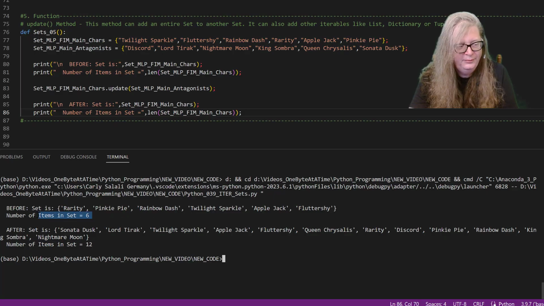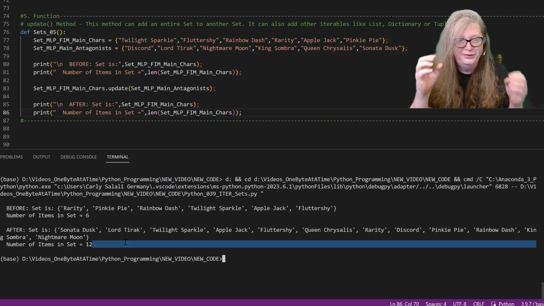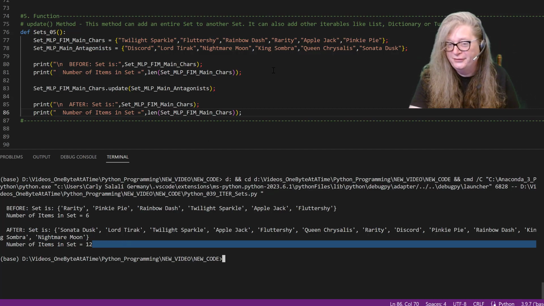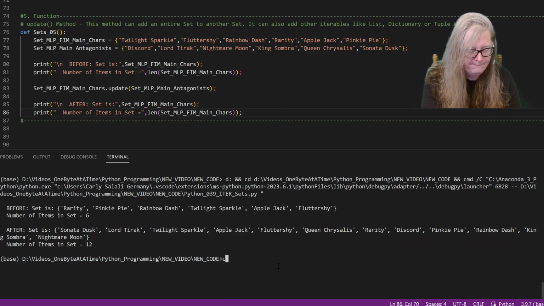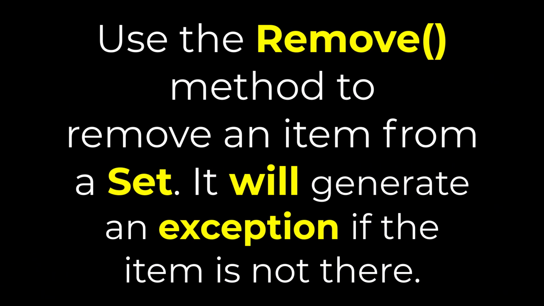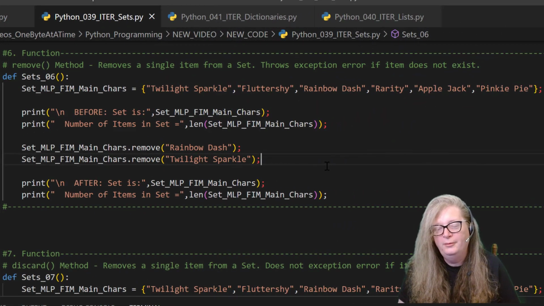All right, the first time, the number of items in the set is 6, right? But when we call length again, after we use the update function to join them both together, it's 12, because the 6 strings in the first set were combined with the 6 strings in the second set. Just using the update method, an example.